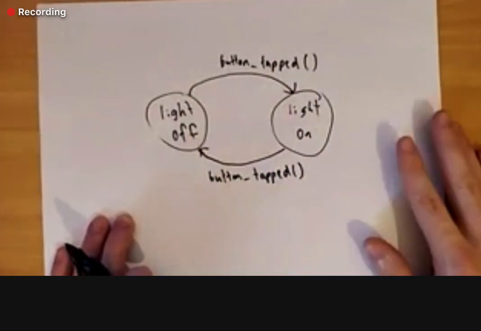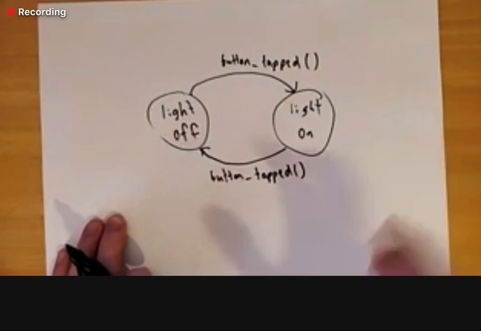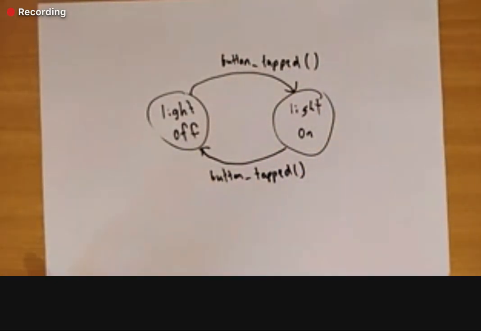Now, potentially, as part of the button being pressed action, we can then actually turn the light on or turn the light off. And there's a few different approaches that we can take to that, in terms of the actual how do we code a system like this. We'll look at those different approaches over the next few weeks. So don't worry, we are going to look at all of that.